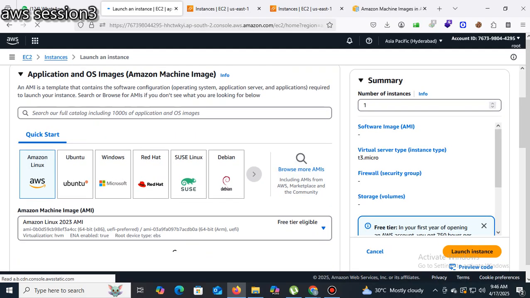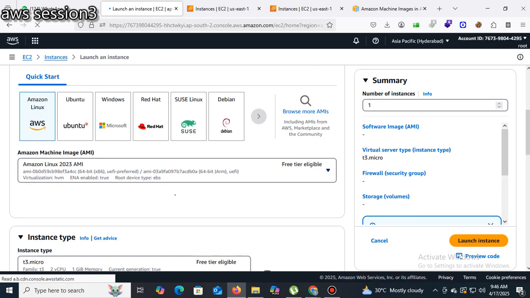Here, if you see the image ID for Amazon Linux, it will be different.